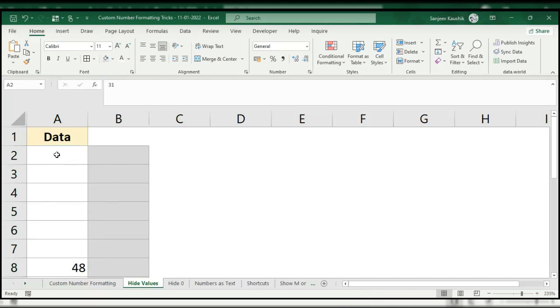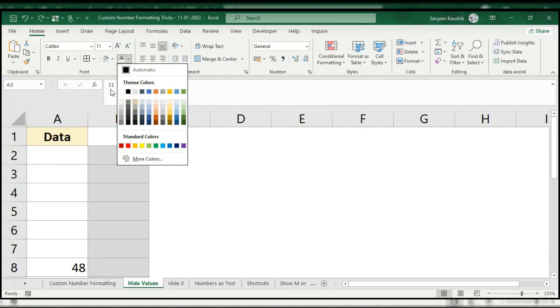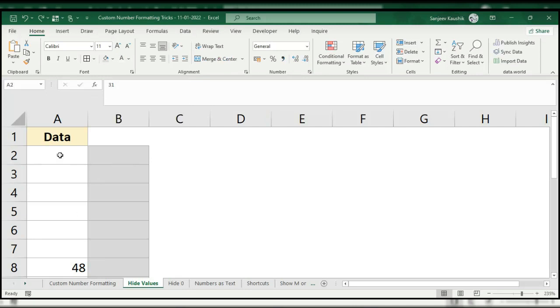Some issue is there on the screen. Let me... Now, if by chance we change the background color,